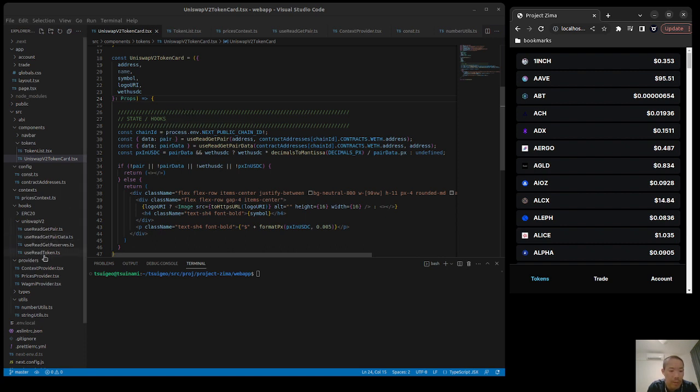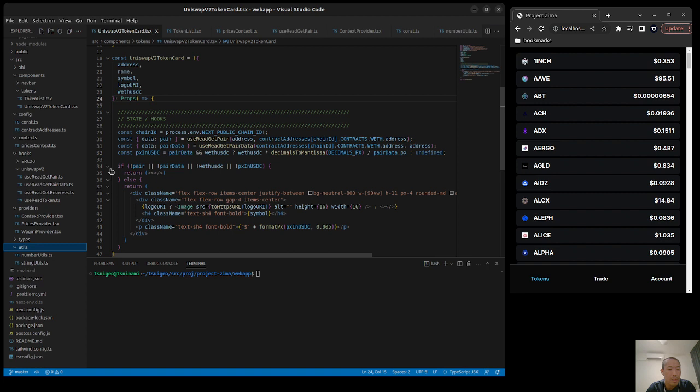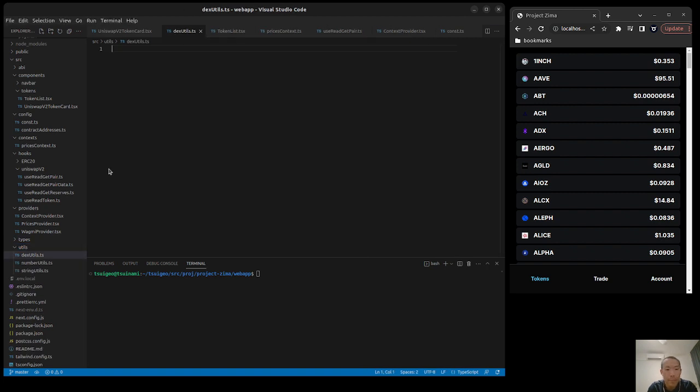I don't know if we're going to need to call this get liquidity type of function multiple times, but let's see. Let's make this a utility function, and let's call it maybe DEX utils. So let's call this get liquidity,